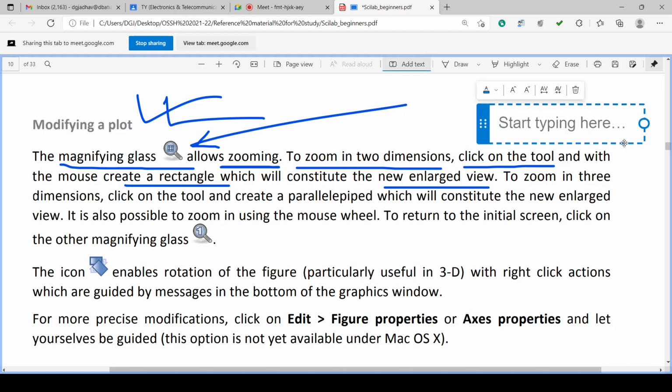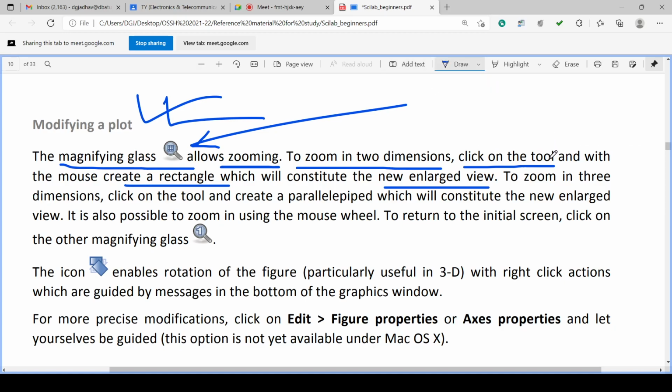If we create that rectangle, that much is shown enlarged. So first you have to click this zooming tool and then create the rectangle with the mouse.